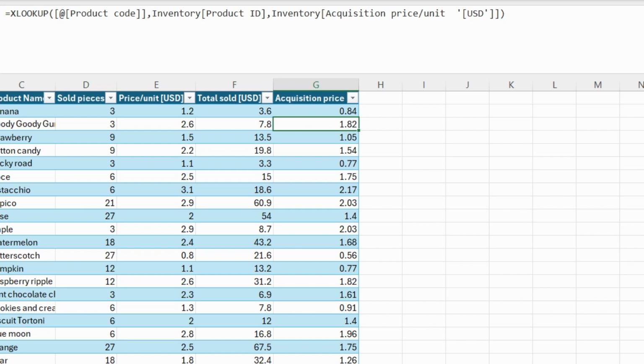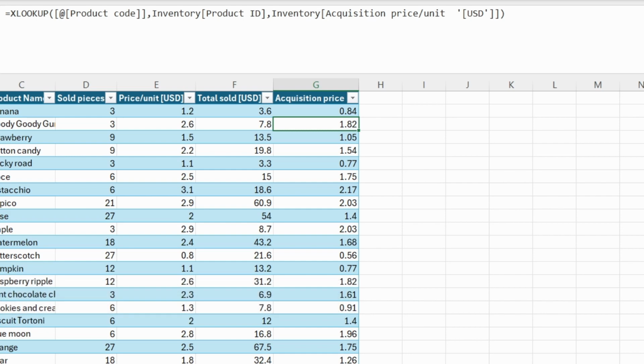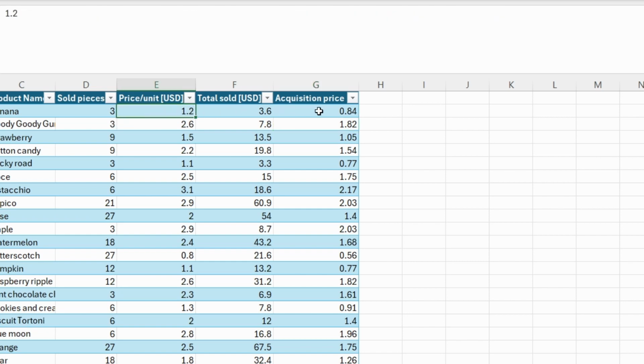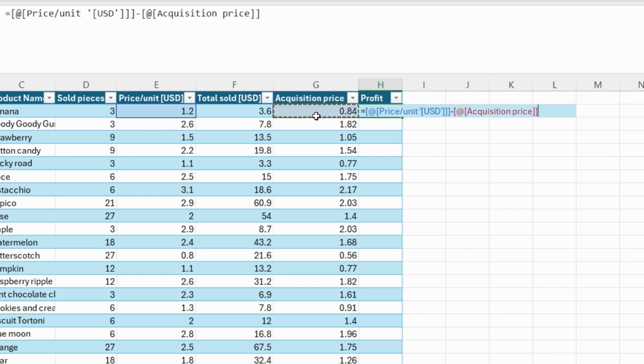And we know that the profit equals selling price minus cost price, or in our case, minus acquisition price. So our formula will be to subtract from the price per unit sold the acquisition price and then multiply it by sold pieces. Let's create a new column here. We will call it profit. And we could do either price per unit sold minus acquisition, put it into round brackets and multiply it by